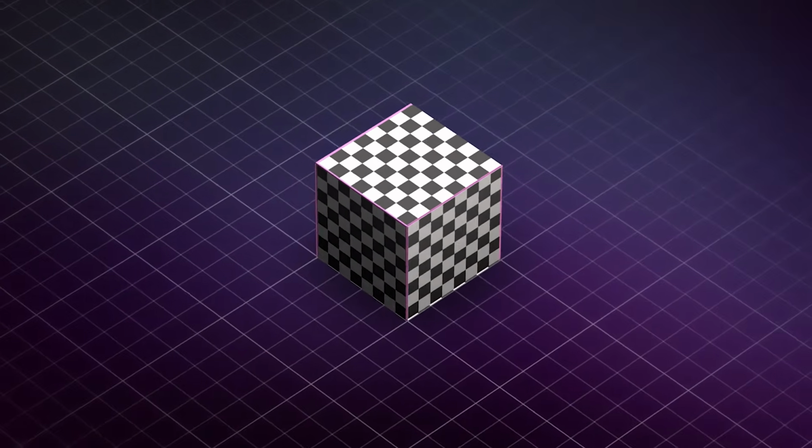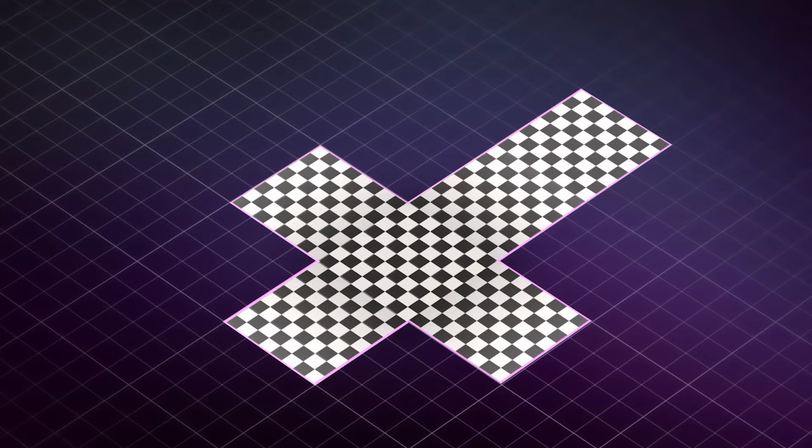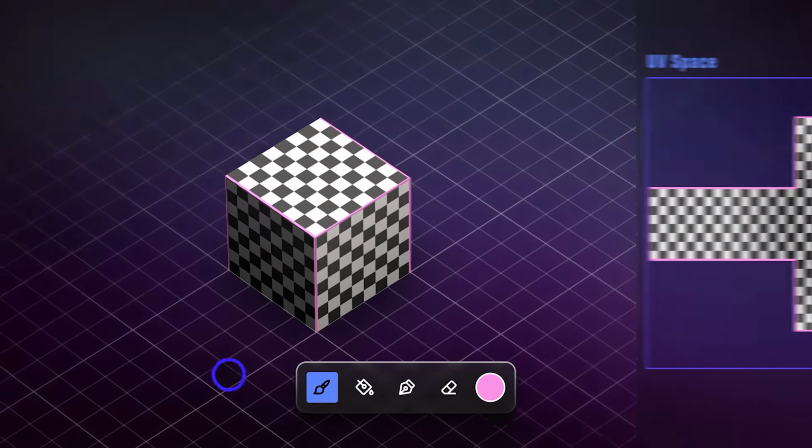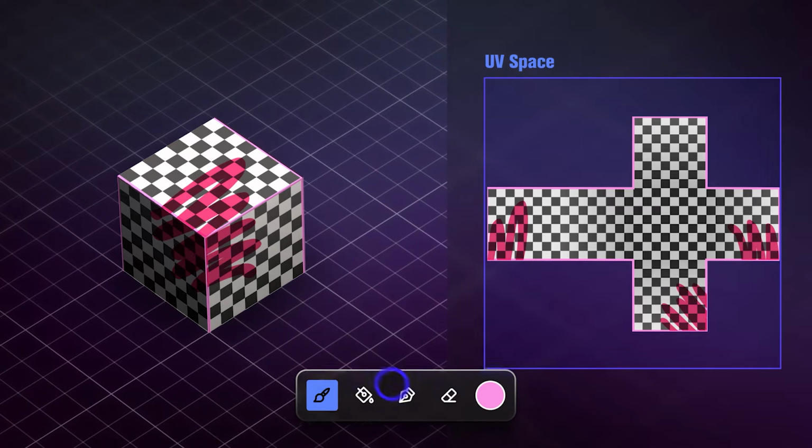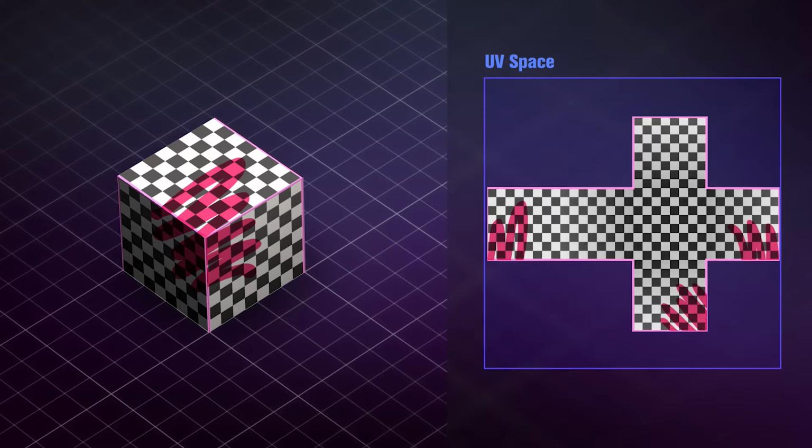The letters U and V represent the horizontal and vertical axis of the texture space, which always runs from 0 to 1. To place your 3D model into that space, you need to get rid of the third dimension and unfold it as cleanly as possible by cutting it open, sometimes even splitting it up into different parts to minimize distortion. Once laid out, the UV coordinates tell the software exactly where every pixel of the texture should land on